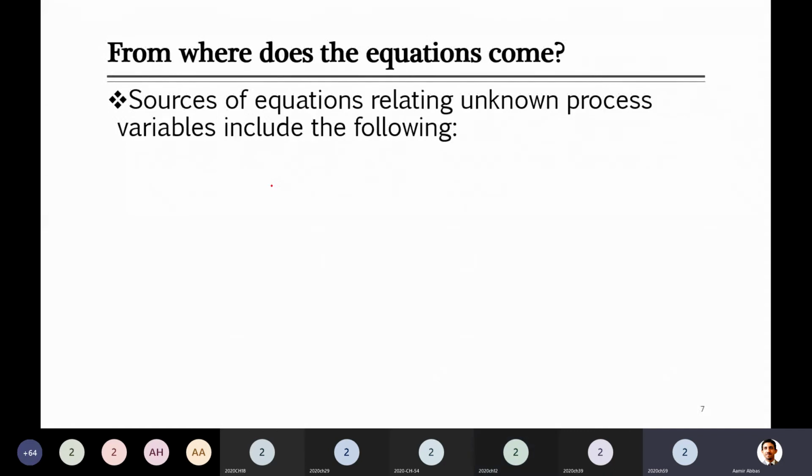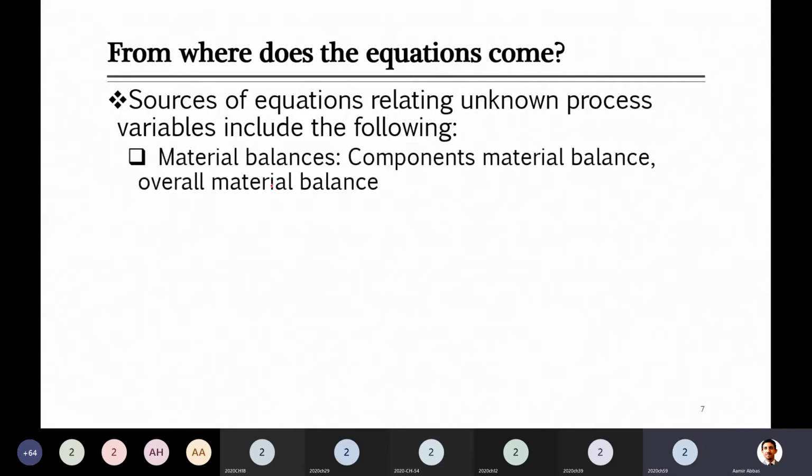Okay, let me tell you here first of all. For example, you studied last week that there was something called overall material balance. I told you, and there was some more. When there is more than one component, I told you that you have to write the equation for the component balance. So first of all, you can write some equations which are material balance, simple equations, which can be the component material balance as well as sometimes the overall material balance. This is one way to write the equation.